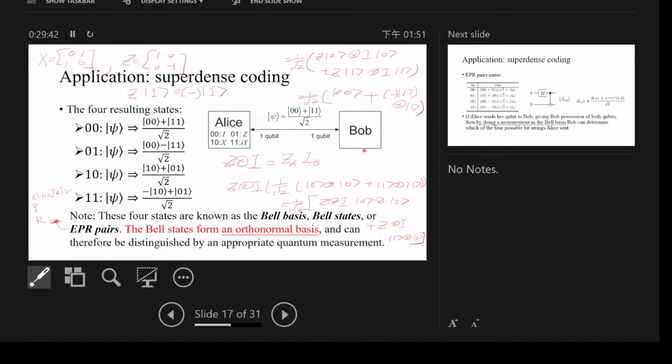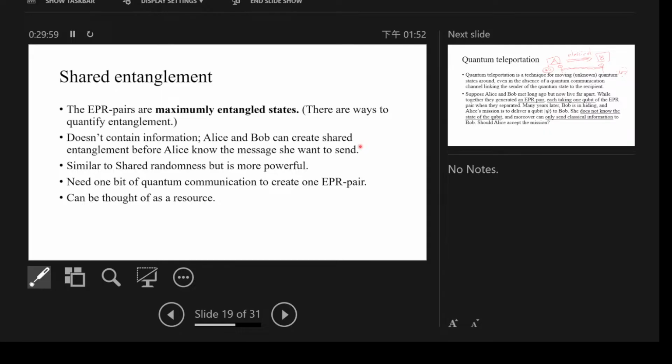In QKD we talk about shared randomness, where Alice and Bob might share some random bit string. Looking at this 00 plus 11, it looks like something where either both sides have 0 or both sides have 1, each with